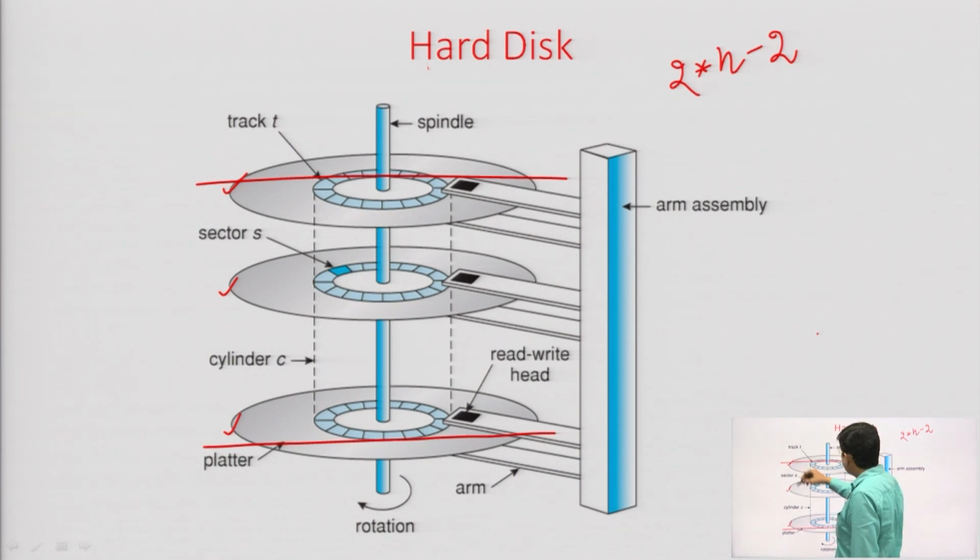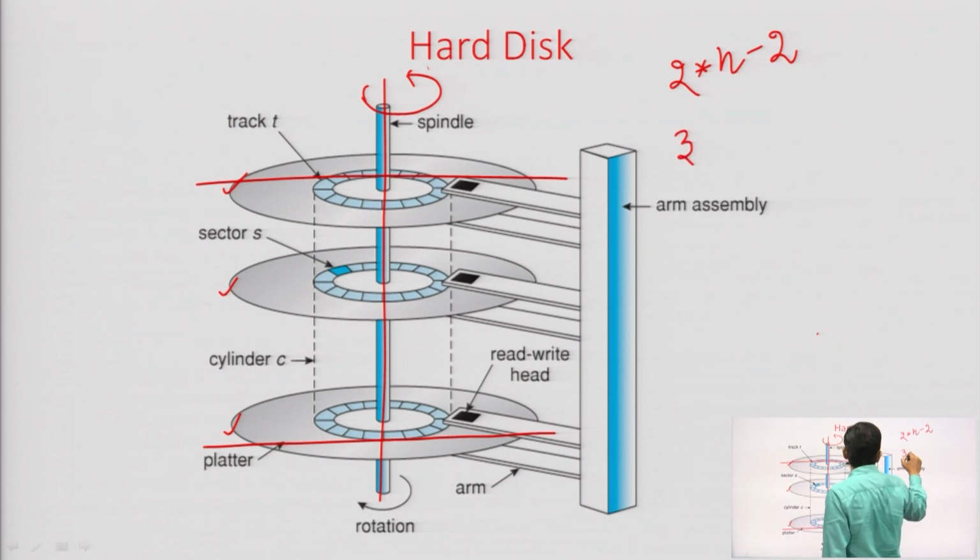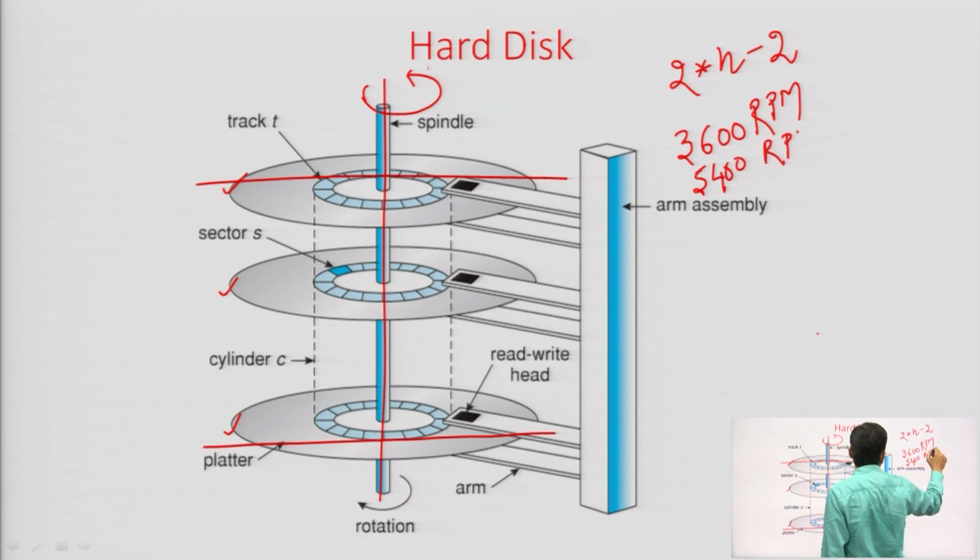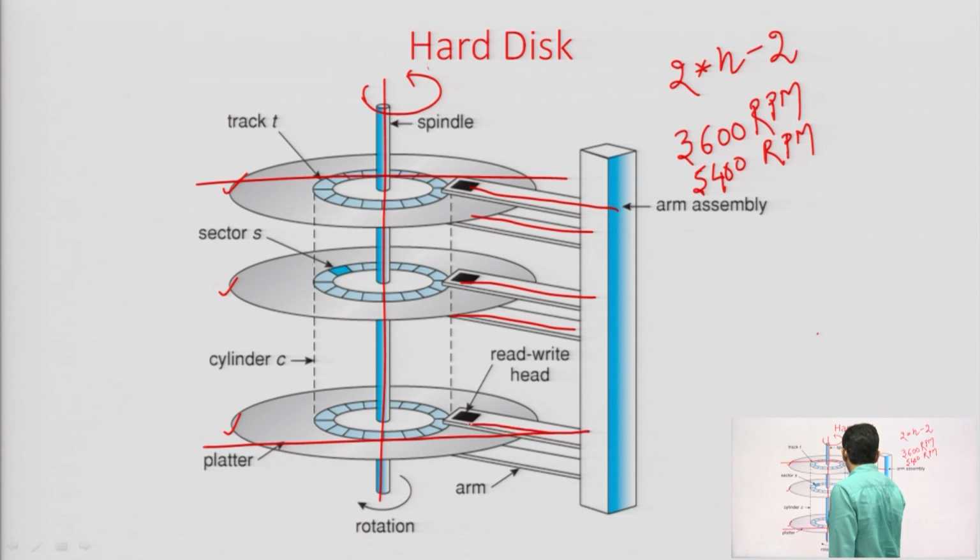Now all these platters are connected to a spindle, and when the spindle moves, the disk platters also move. The usual speed of the spindle is 3600 revolutions per minute or 5400 revolutions per minute. There is a read-write head for each surface. It means a dedicated read-write head is available for each surface for performing the read and write operations. This head usually moves in and out continuously,